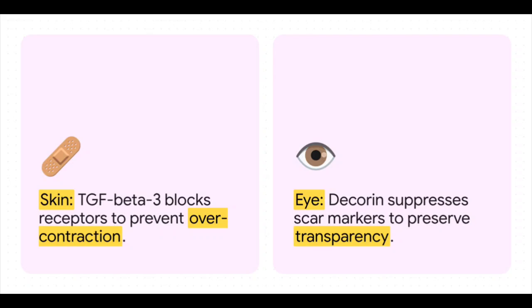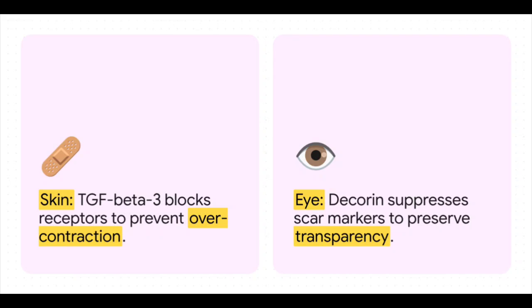And in the eye, where a corneal infection could cause blinding fibrosis, we use Decorin. It's a native proteoglycan that acts as a potent TGF-beta-1 antagonist. When delivered via a fluid gel eye drop, it dramatically suppresses scar markers, preserving corneal transparency and literally saving the